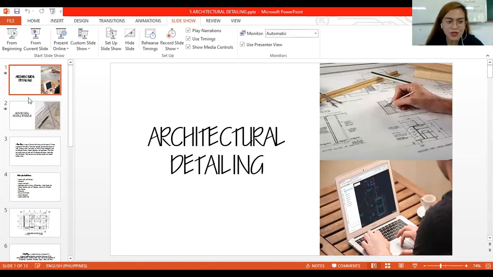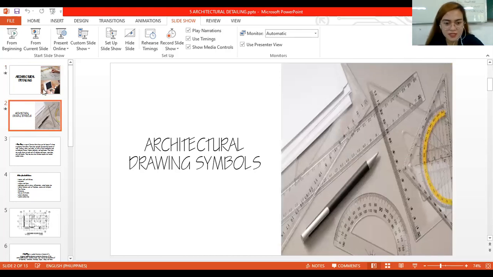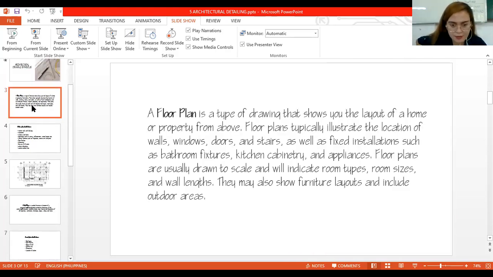So this is more on the architectural detailing already. I'm also going to discuss the architectural drawing symbols later on. But first, let's start off with the discussion of the floor plans, roof plans, and reflected ceiling plans,